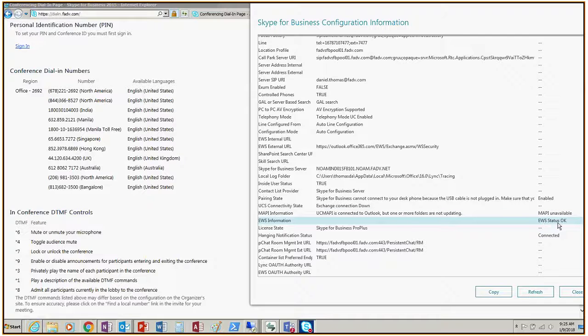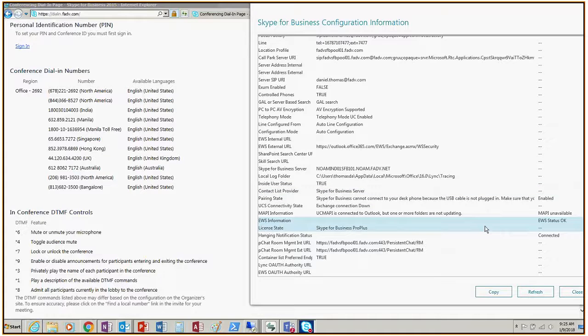If EWS status is okay, that's the method that Skype for Business uses to connect to the Exchange calendar. If it doesn't say okay, then that means that Skype for Business is not reaching out and not getting the calendar